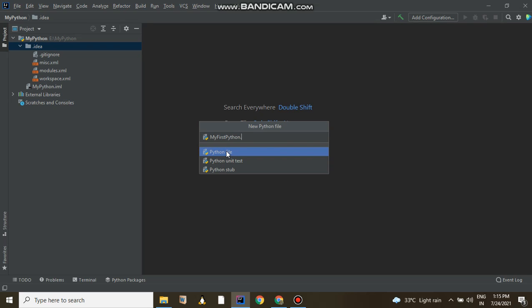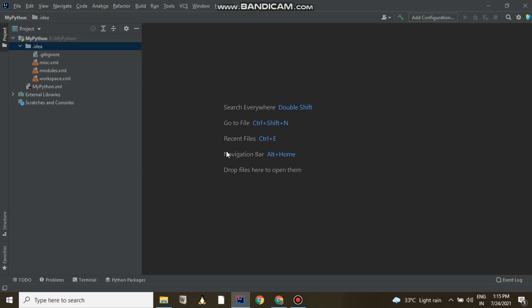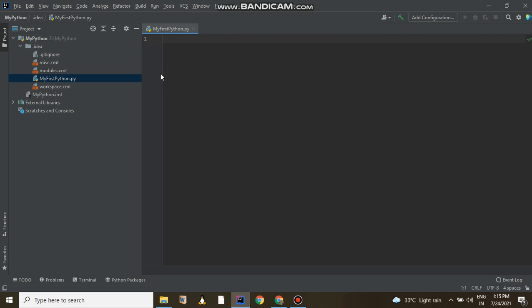Then the extension, it will automatically take the extension if you select Python file. That is not an issue. You can see now we have a Python file named my first Python. So just write a Python command here.